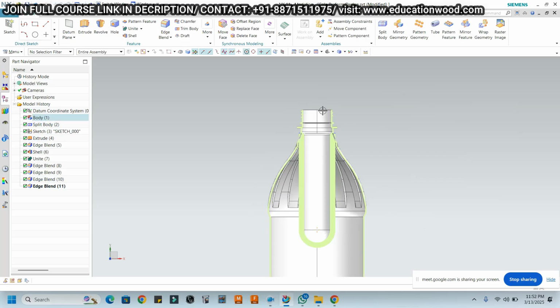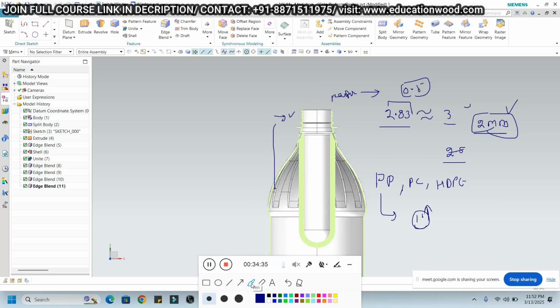So this is not constant now. Basically we have to take the starting. 1 minute, I'm just making something here. So basically here I have to prepare a draft like this. And one more thing, 5 or 10 mm apart from here, and this portion I have to cut after the production, right? So this will become the final component, right?